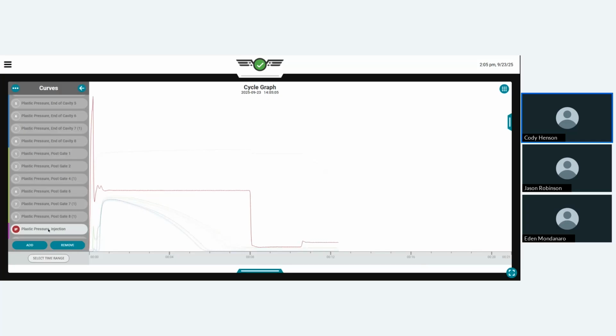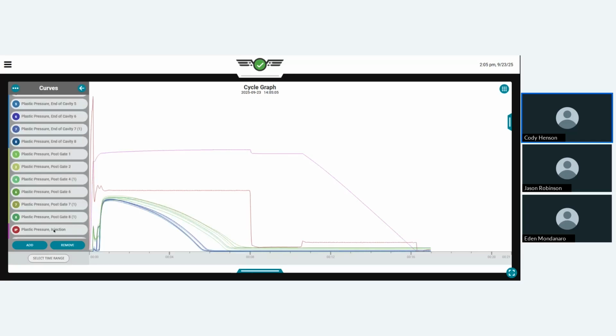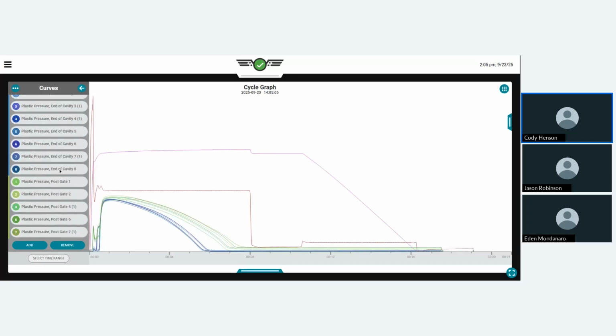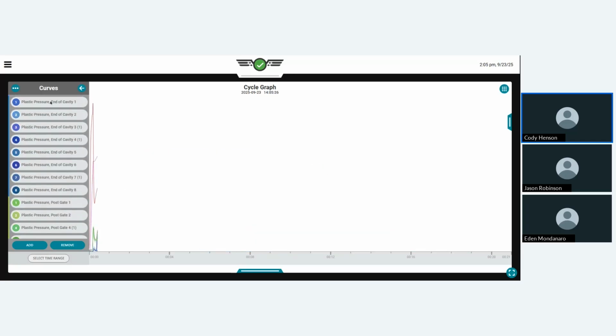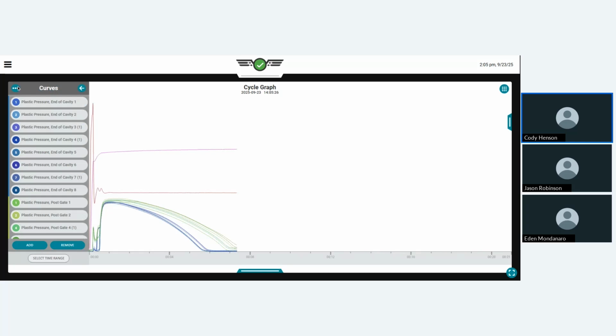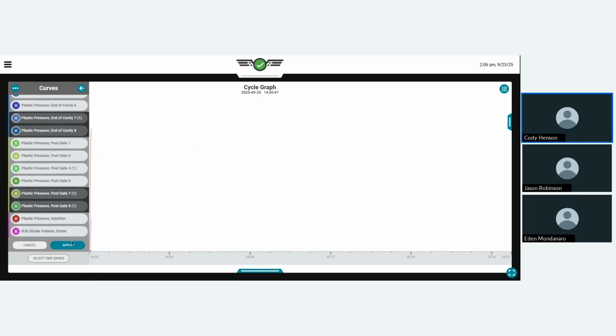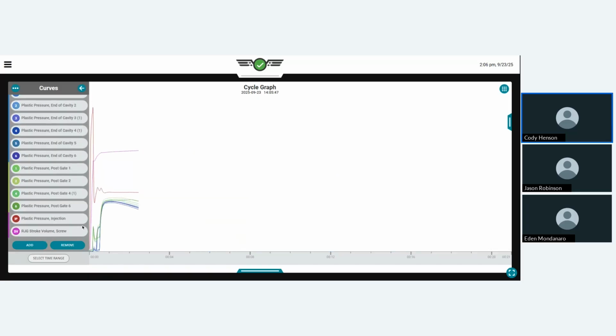So we've got a click to hold or a slide out to hold if you want to isolate a curve. Now, if you want to change what curve you're looking at within this curve menu, expanding it, we have an add remove. So if this is too many curves, you could click remove and just remove a couple of the curves that maybe you're not interested in to try to clean up